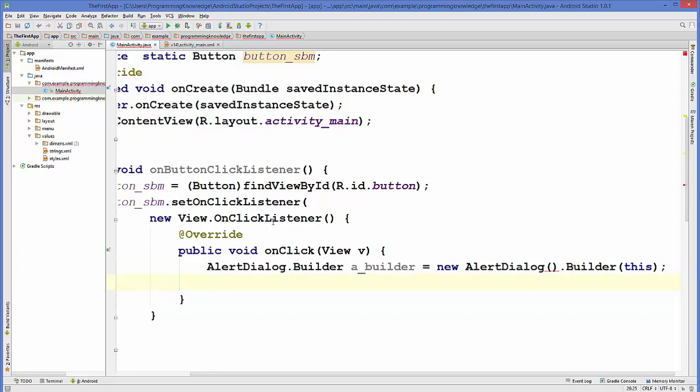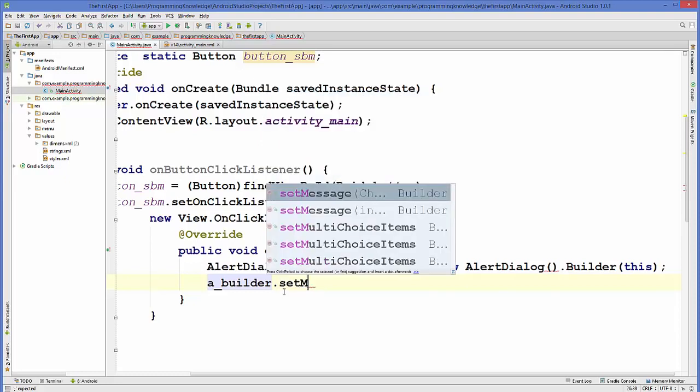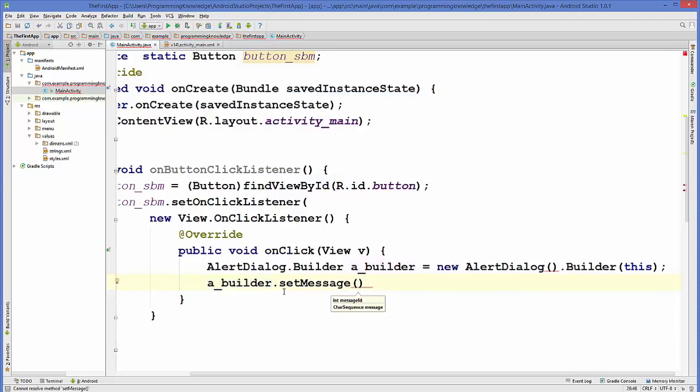And now in here we are going to create a message for this builder. So I'm going to copy this variable which is a builder, and then we will call set message method on this builder. So set message, and inside this set message we can call some message. So in double quotes, for example, we can display a message: do you want to close this app? Okay,